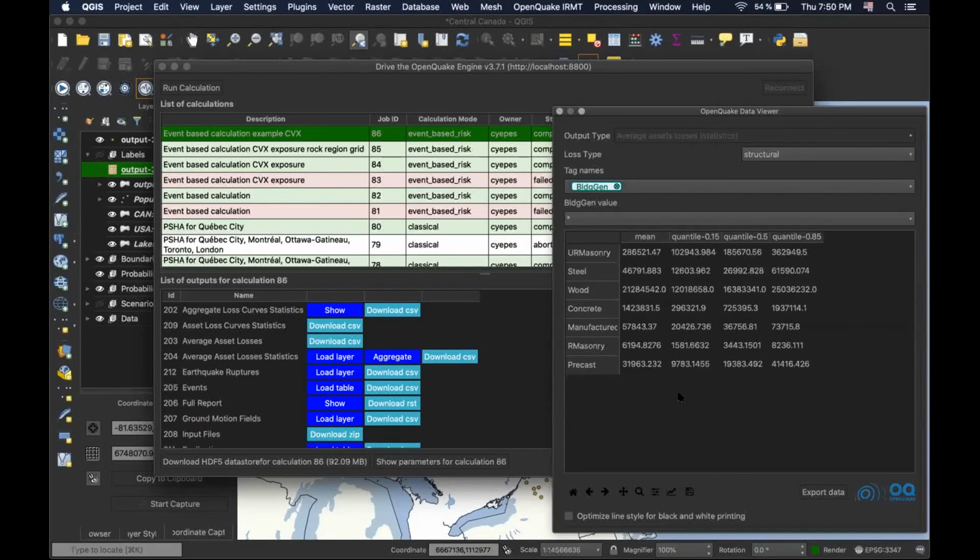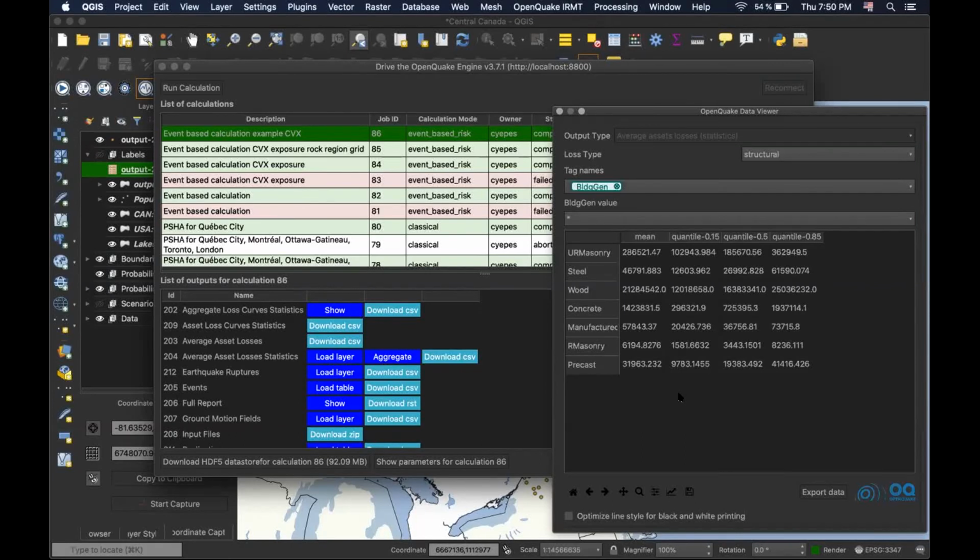But now we can identify which are the building classes that are contributing the most. So if I'm the planner, where should I invest my money? Because we probably cannot have the resources to retrofit all the houses. So we can go and start saying, okay, if in this region I have maybe wood, if I make some decision to reduce that vulnerability, to increase the resistance of the buildings, the capacity, then I will see here visualized in a fast way how